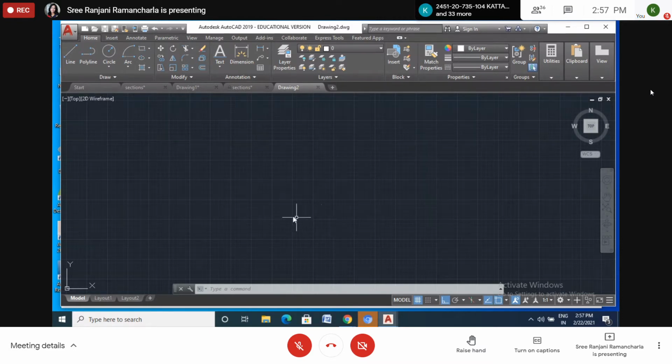Now I will draw the four positions of the base of the pyramid. Out of those positions, you have to tell which one is the correct one. Polygon, here four sides. So here I will give five sides because it's the pentagon. Enter. Edge.